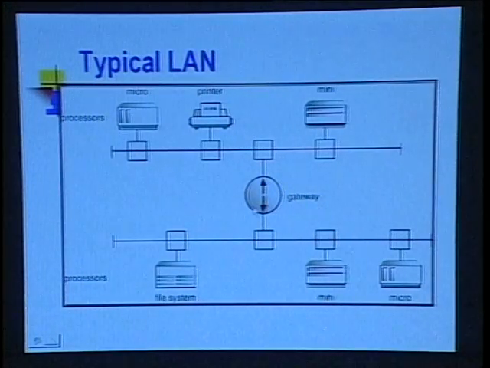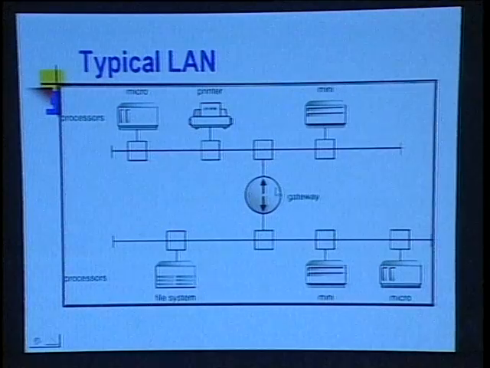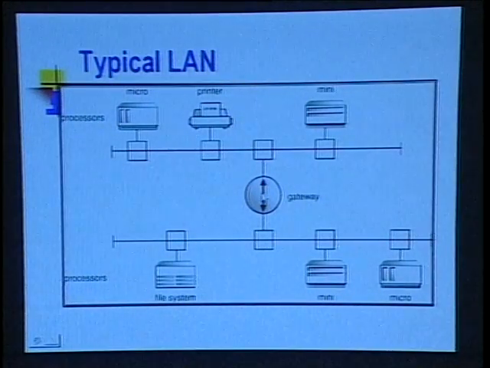Whenever there is a protocol change from network A to network B, there is a gateway. Let's say this is a TCP/IP LAN and this is an SNA LAN. Whenever there is a protocol change, a gateway provides us the facility so that the information generated in this network is understood on the other side of the network.